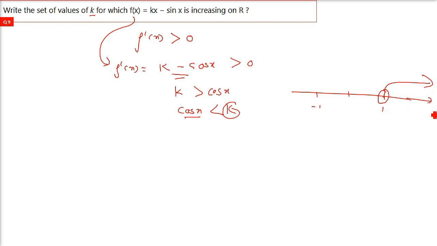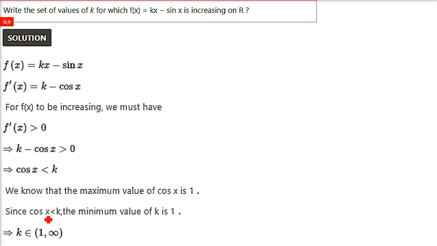That means k should be greater than the highest value of cos x, which is 1. And till what point can we go? 1 till infinity. So k should belong to (1, infinity). Now this is the solution, and it's a very straightforward and easy question if you have followed the previous questions which